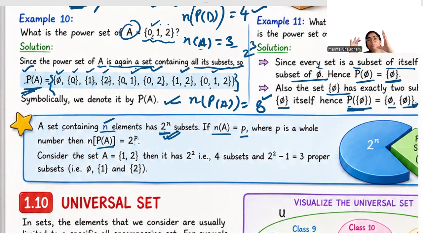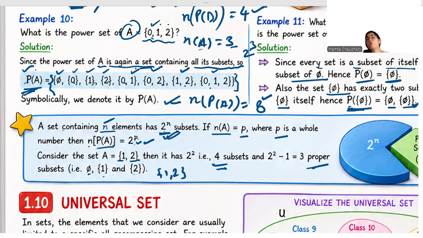So a set containing n elements will have 2 raised to power n subsets. It means in the power set, how many elements will be there? 2 raised to power n. So the cardinality of the power set of A will also be 2 raised to power n. And if P are the elements, then 2 raised to power P. Like here we have 2 elements, 1 and 2. So in its power set, there will be how many elements? 2 squared, 4 elements. Which is ∅, {1}, {2} and {1, 2} together.